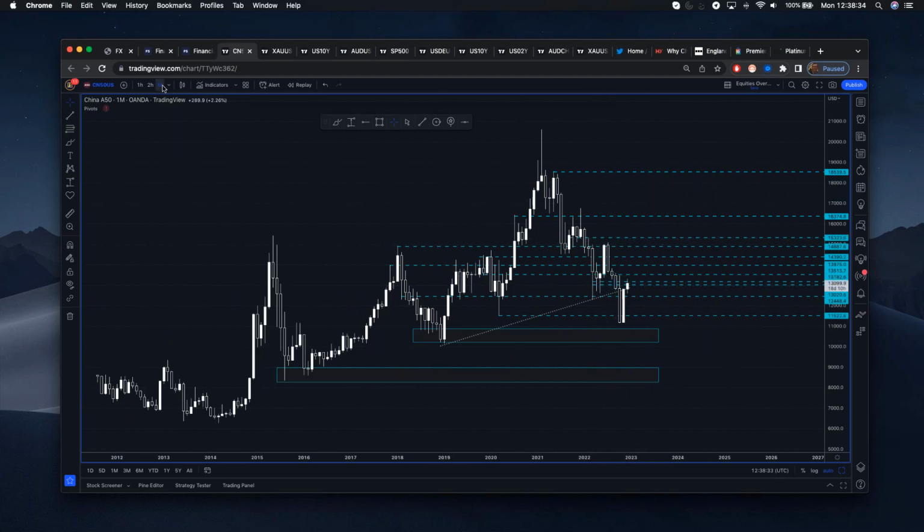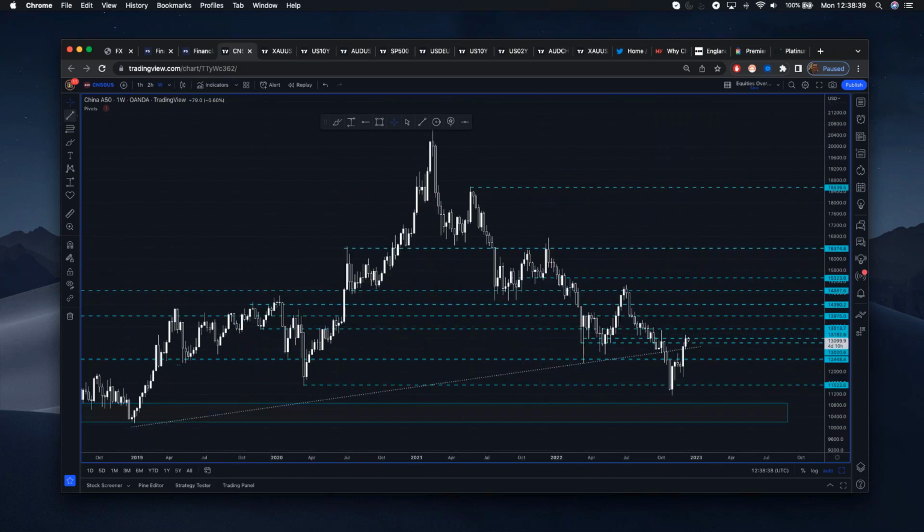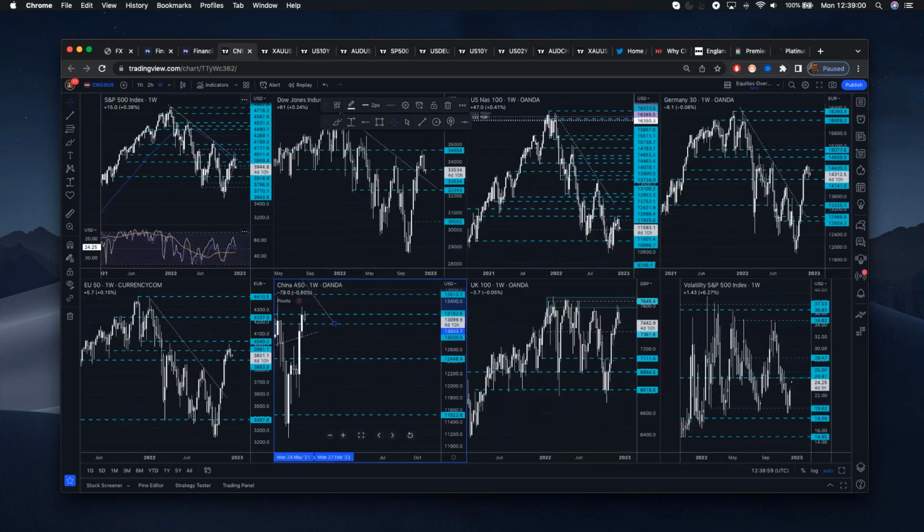Now the next signal for longs for me would be if we saw a nice break of this trend line here. If we see a break higher and stay above, then that opens up a retest of 1400 and then up to 1500. So that's something to be looking at very carefully on the upside. It's a nice little trend line and worth being aware of.